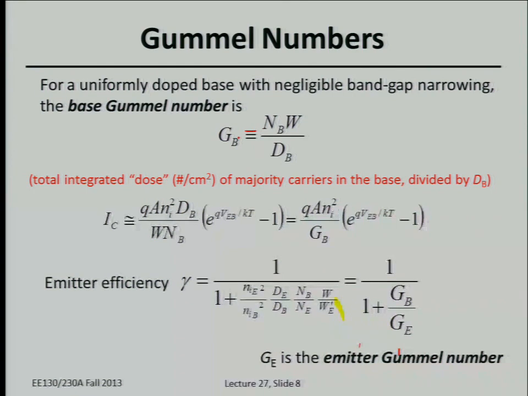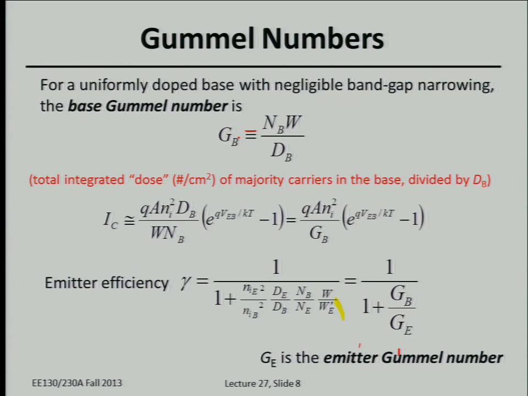The Gummel number is defined to be the dopant concentration times the width of the base. So that's the total number of dopants per unit area in the base. And then you divide it by the diffusivity of minority carriers in the base. Okay? So if we use this definition of Gummel number and look at the ideal equation for the collector current,